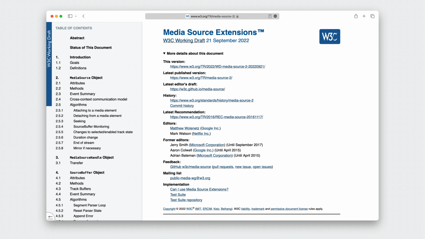Media Source Extension, or MSE, is a low-level toolkit that allows for adaptive streaming, by giving the web page more control and responsibilities for managing buffering and resolution. Overall, MSE has been a game changer for web developers. It has enabled the development of high-quality streaming experiences on the web and is now the most used web video technology.